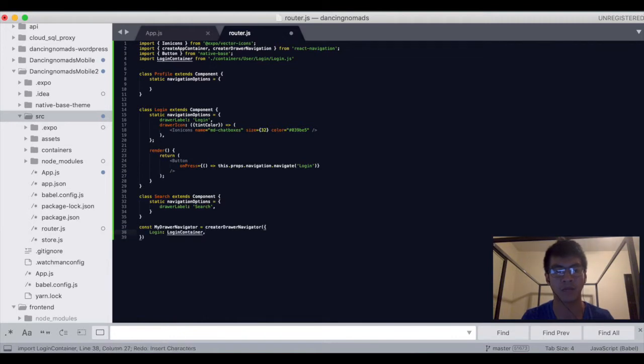And it'll have the login container and the profile container, which we haven't created both of them yet, so they'll just sit there as a skeleton for later. We haven't even looked at the profile container yet, but this login container is from here. And this create drawer navigator is not create drawer navigation, but create drawer navigator. So let's just